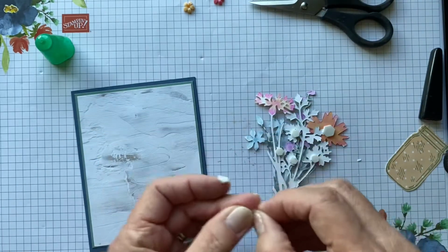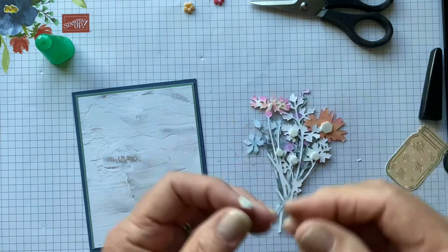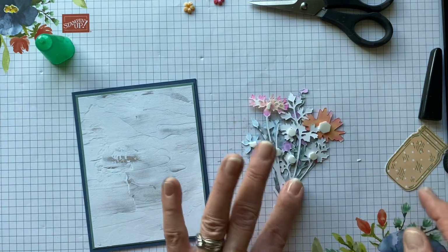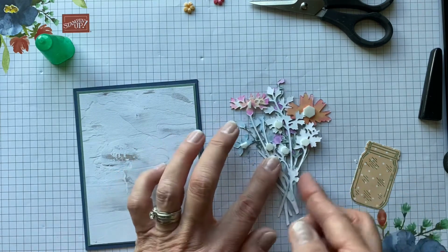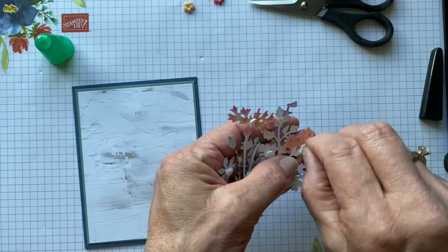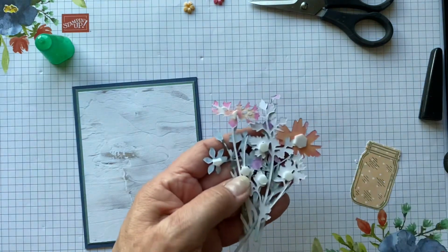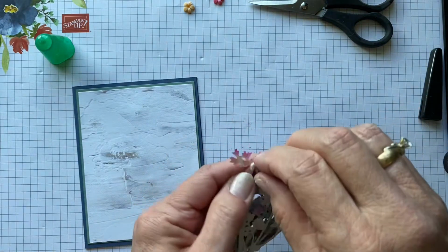So we're going to place one on this little guy, and we're going to place this one on this little flower. And I'm not going to worry about the bottom because I'm going to put dimensionals on the jar as well. So I'm going to take all of these little tabs off. This also would be very cute if you took all of these dies and die cut them in black and made a silhouette card and put it on a really cute